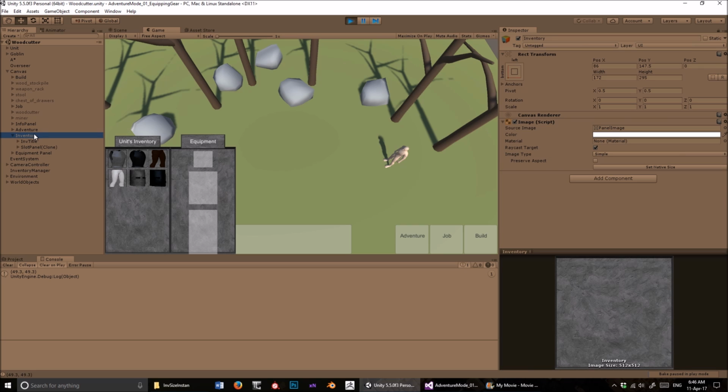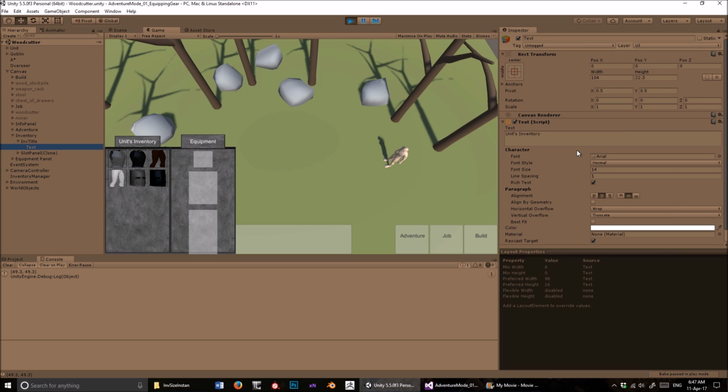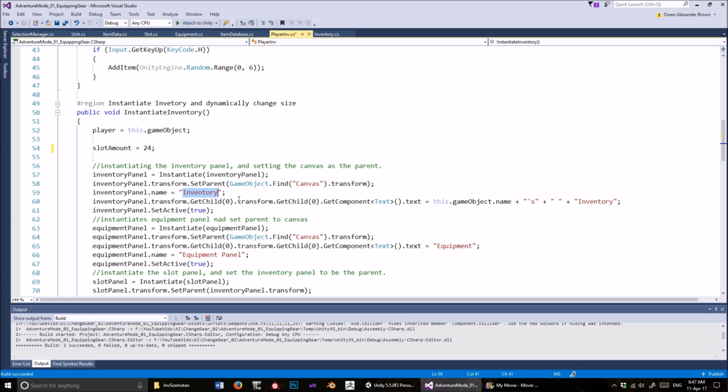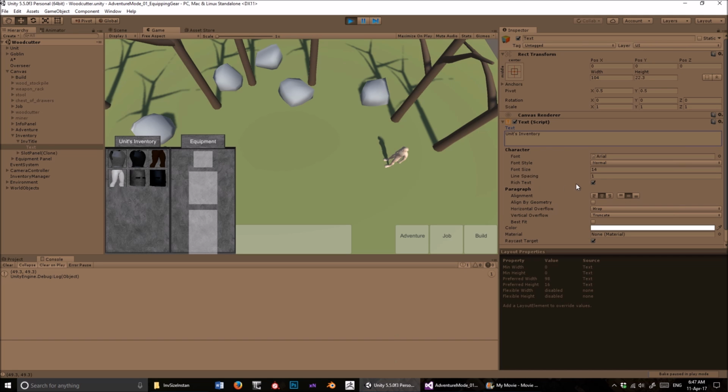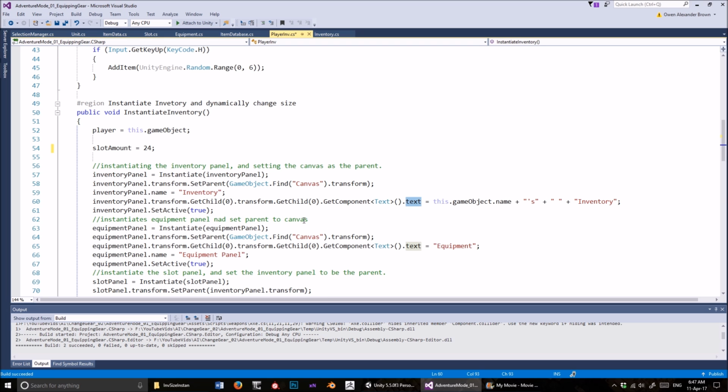Then it goes into the first child of the inventory, which is this thing called inventory title. And then from there it goes into the first child of inventory title, which is this text. And it's the text that we changed here. That's what we're changing there by going into blah blah blah dot text, and then we change it to this here. Now alternatively, another way I could have found this is just by going to transform find child inventory, find child